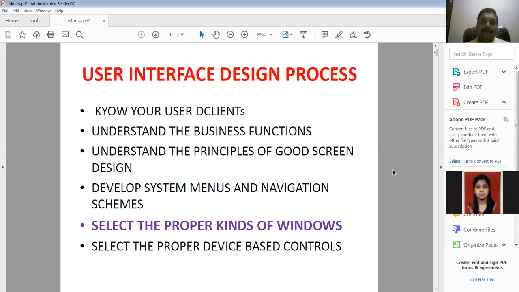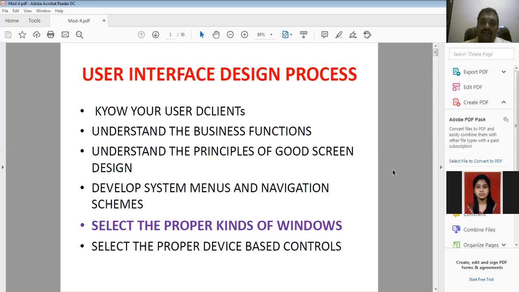Before beginning the fourth module, let us discuss the user interface design process. The first step is know your user, understand the business function, understand the principles of good screen design, develop system menus and navigation scheme, select the proper kinds of window, and select the proper device-based controls. Before designing the user interface, the selection of windows and device-based controls matters.